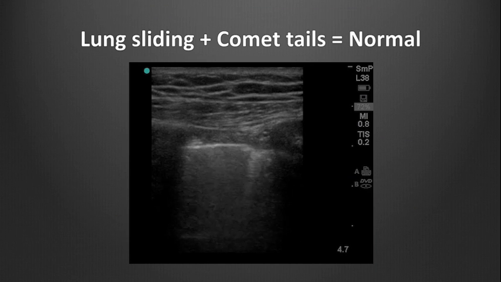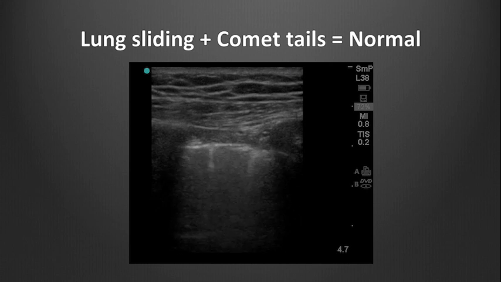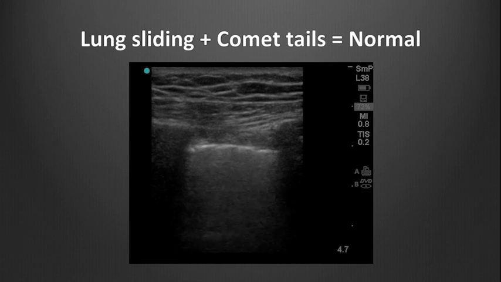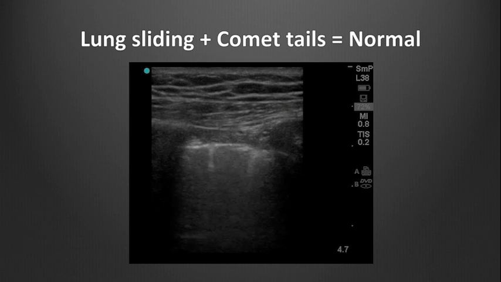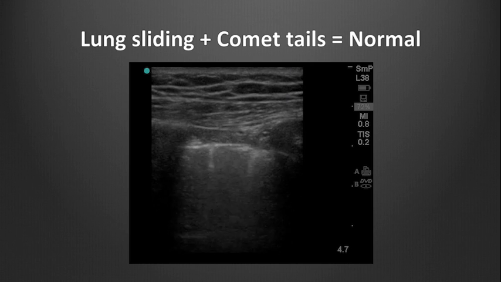As the patient breathes, the pleural line slides and the comet tails flash into view. In a normal patient, one should see comet tail artifacts and lung sliding, which is the motion visible along the pleural line. In pneumothorax, both lung sliding and comet tails will be absent because the two layers of the pleura